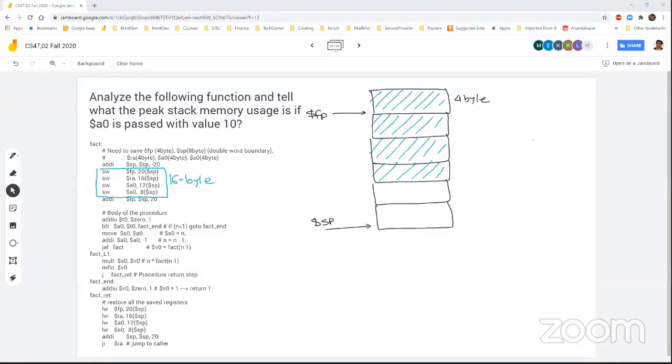So we can basically claim that the first frame is occupying 16 bytes. Now comes the next frame. If it is a recursive process, or if it calls another function from it, then the very next frame will cause what? Next frame will be